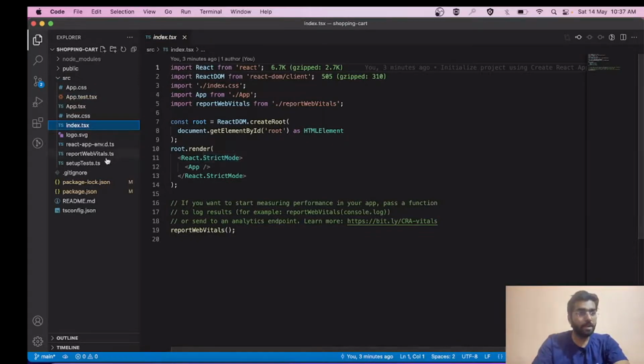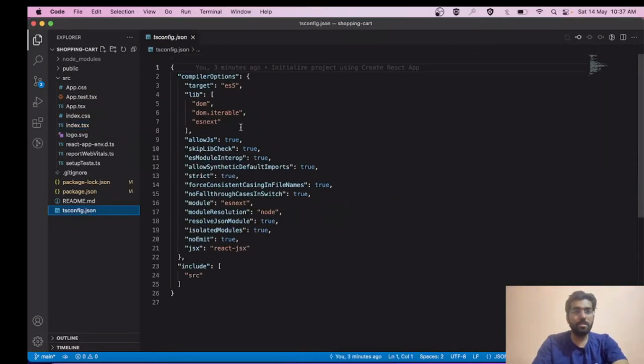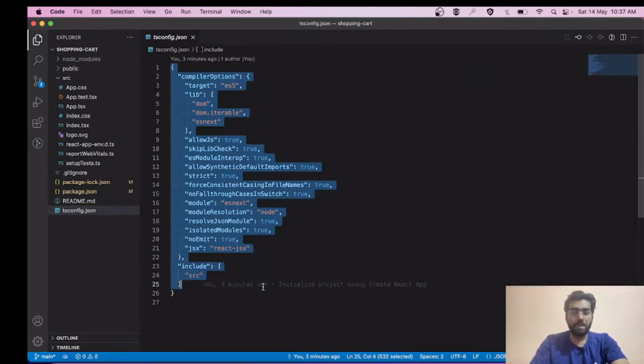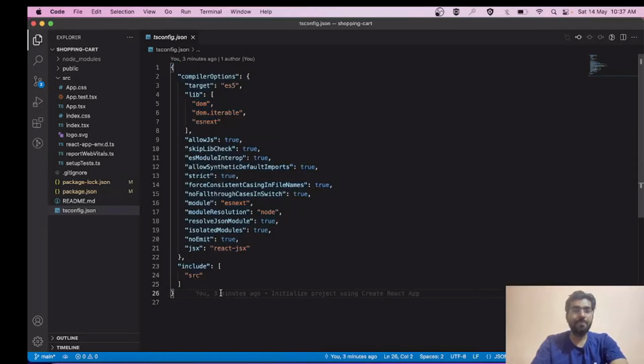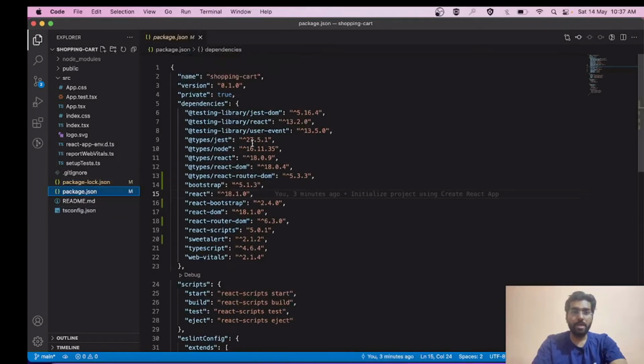Okay, so one more thing, let's see the index.tsx files. And over here we have the tsconfig.json file. Basically this is the file that TypeScript uses during compilation. Okay, so now we have successfully achieved the two steps, that is first to set up the React app, and second was to install all the necessary dependencies. Now we can go ahead and start setting up the folder structure.